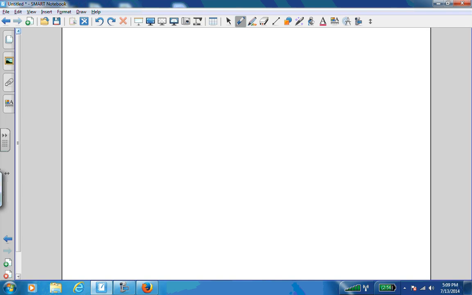So I want to define a span. I'll just read their definition to start with. The vectors v1, v2, v3 through v sub n, which are vectors in a vector space V, so V is a vector space, they're said to span V